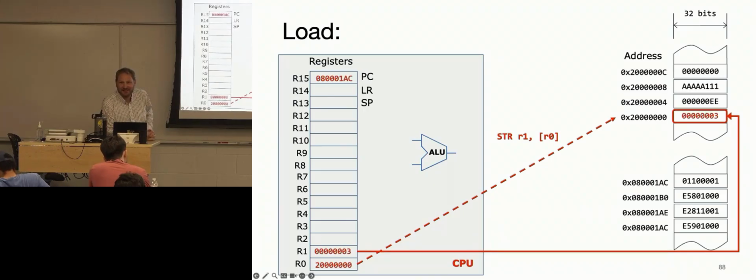The negative encoding. Yep. There's a T3 encoding for instructions with negative. There's a U bit, and then